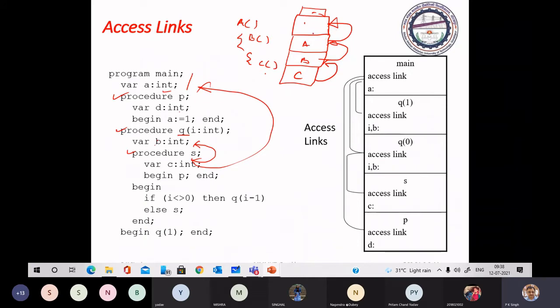So if you have to refer to any information here, you have to use this chain to refer to the globally defined information.